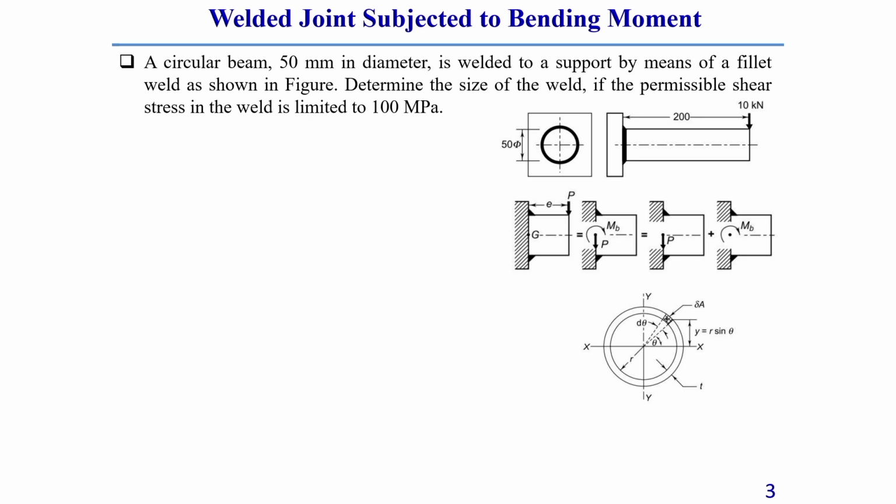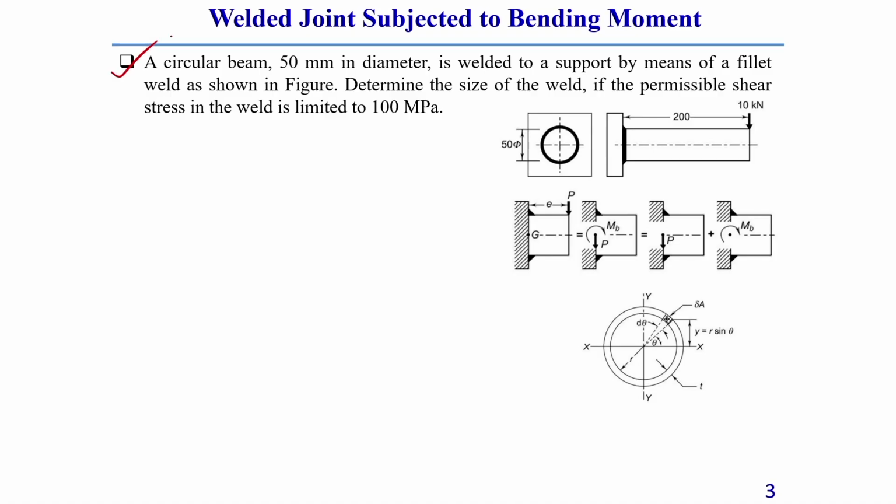So, first of all I will discuss the last day's problem. There I was already discussing the problem related to a welded joint subjected to bending moment. The problem statement was like this. I have already solved this problem in the last lecture itself. Again I am just refreshing those concepts a little bit, because they will be required in subsequent topics.